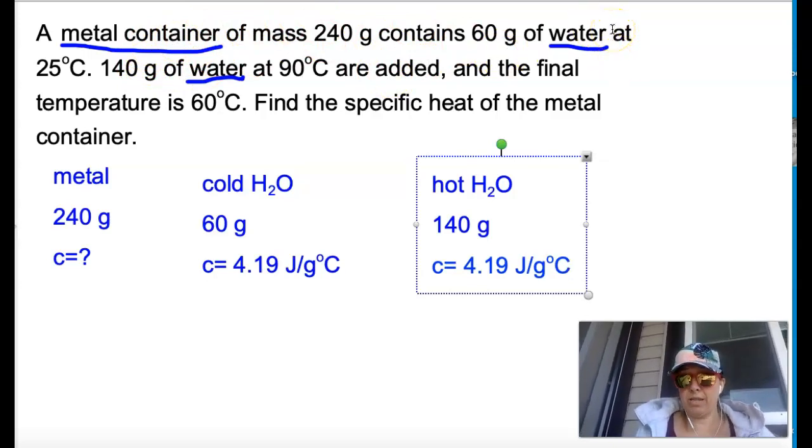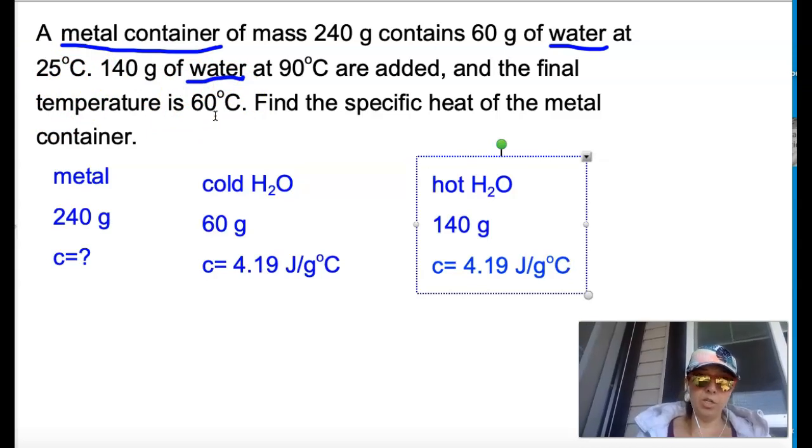Because it would be at the same temperature, right? If they weren't at the same temperature, there would be another energy transfer happening there. So when we look at this, what we're going to find is that the metal and the cold water, because they were always together, are going to have the exact same delta T. And that's because they're both starting at 25 and they're both ending at 60. So if we do the final minus the initial, we're going to do 60 minus 25. The delta T for both of those,